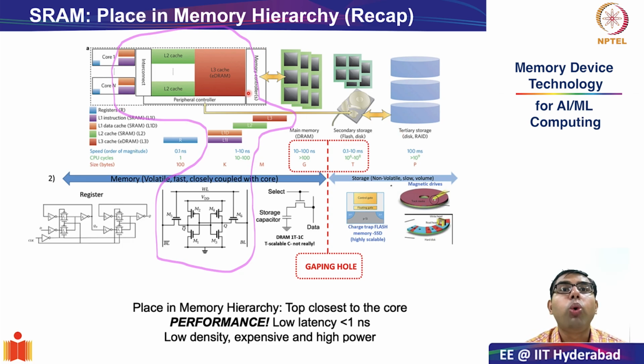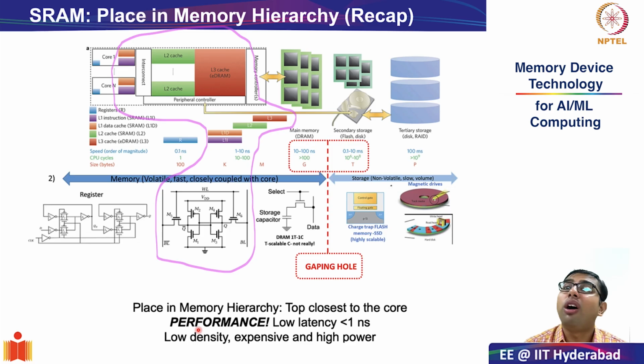So important things to remember in context before we do a deep dive is that the place, as we just discussed, in the memory hierarchy is closest to the core. So the focus whenever we build an SRAM cell or the peripherals around it is purely on performance. You would want to have SRAMs working with very high performance. Another synonym for high performance is having extremely low latency. If any information is requested from the cores, it should come from the SRAM or the L1, L2 or L3 cache in a very short duration. So the focus is always on performance.